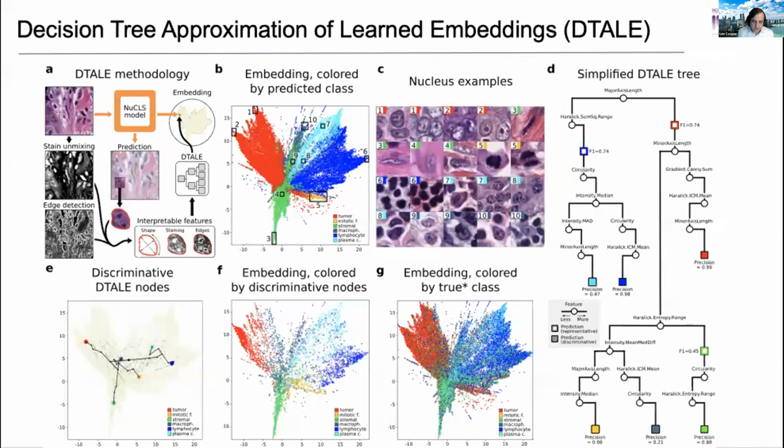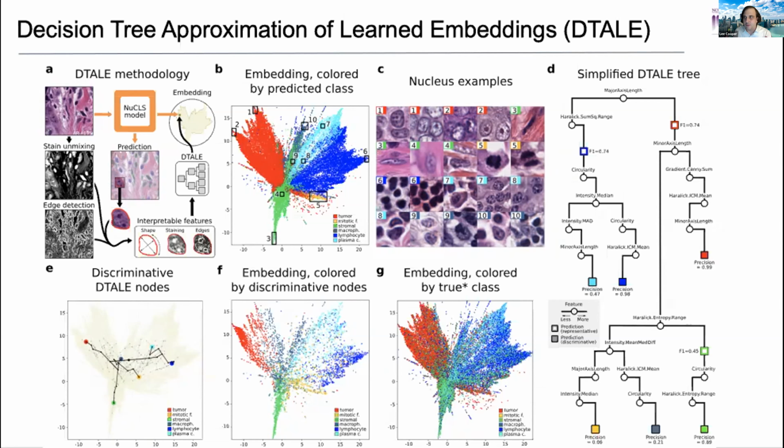Okay. So the next piece that we worked on was, if we have, for example, a nuclear classification algorithm, how can we develop a process that will allow us to take this black box algorithm and understand some of the rationale behind its predictions? So what we came up with was this idea of generating a companion algorithm. So we have this classification algorithm, and we have a companion algorithm that is not deep learning based, it's tree based, and it sort of models the behavior of the deep learning algorithm, including all of its imperfections.